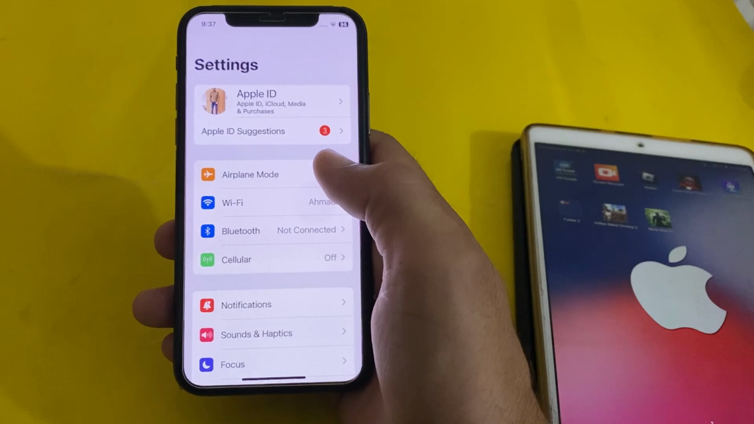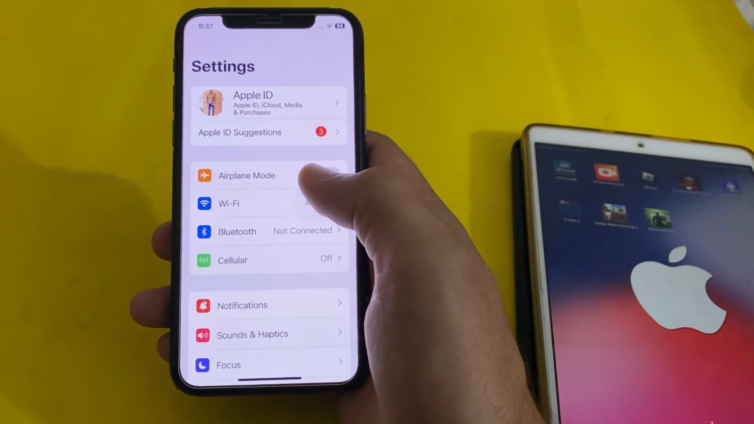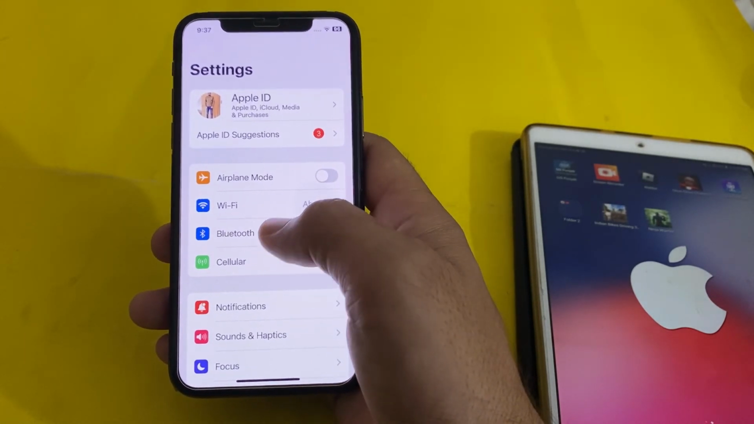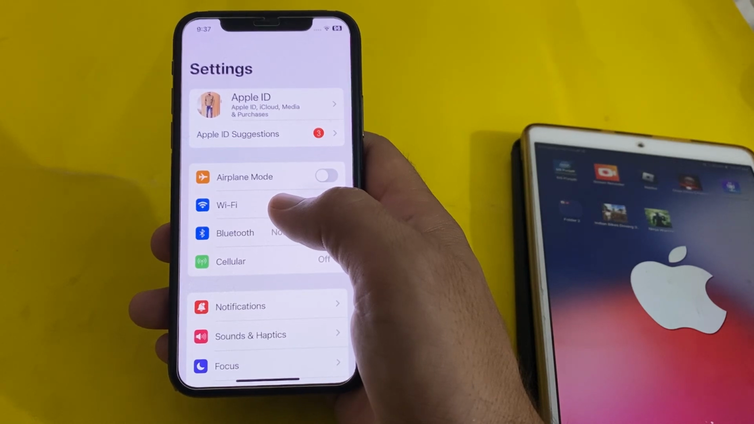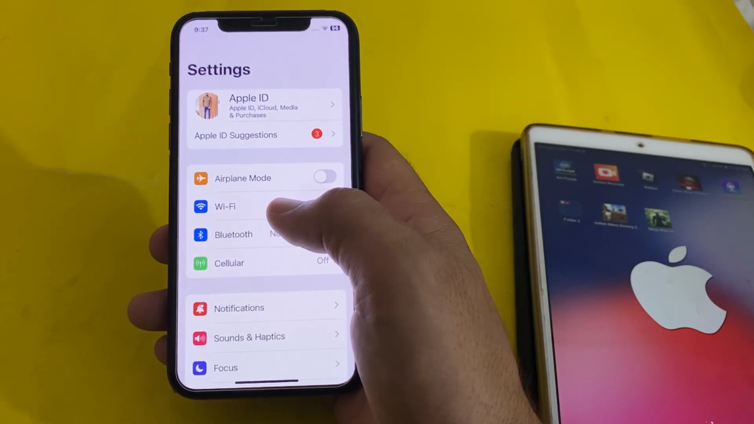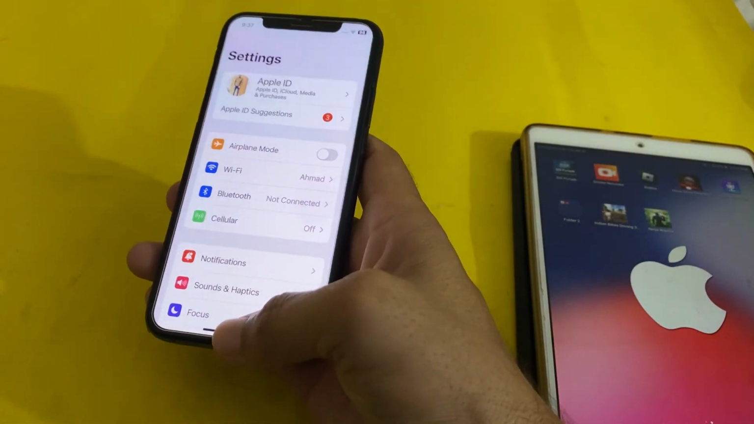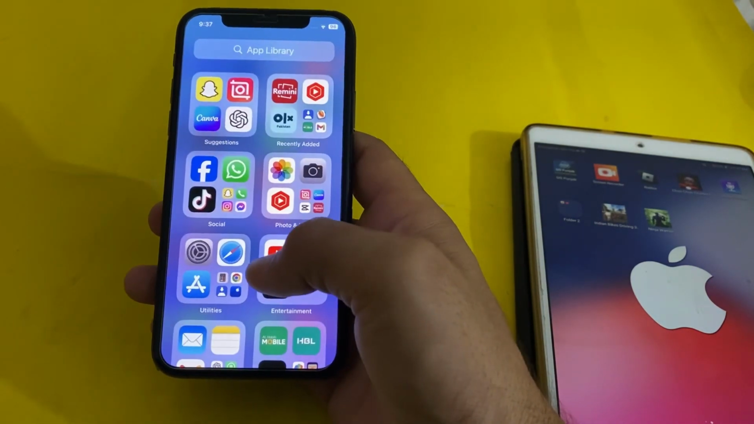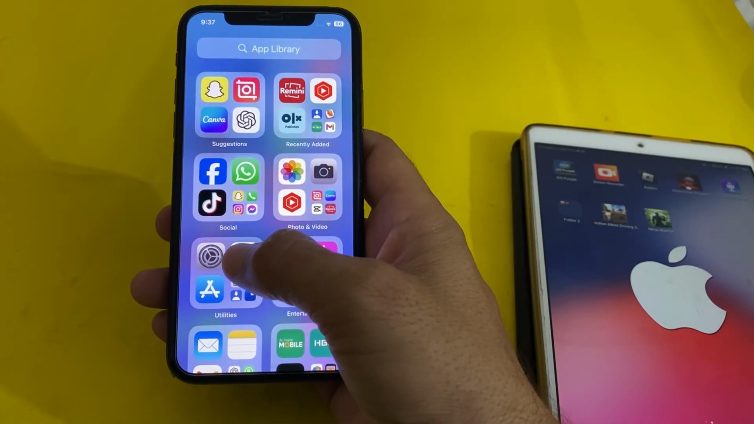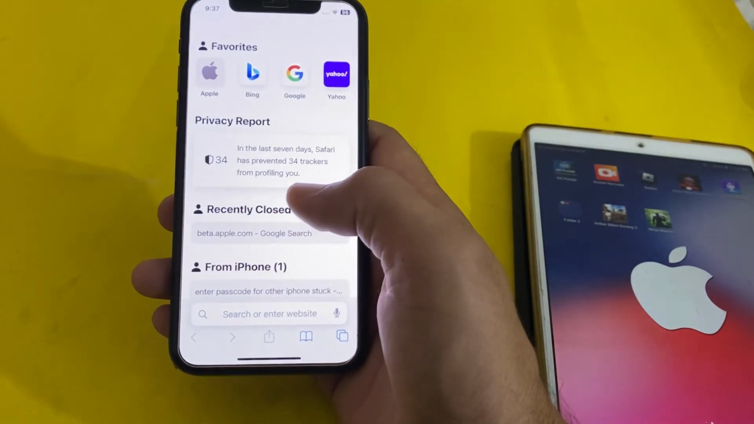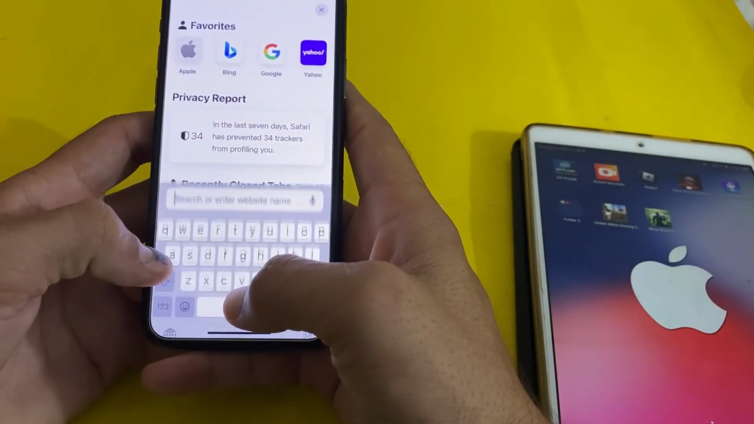And first of all, you will have to make sure that you have an active internet connection. If you don't have a strong internet connection, then make sure that you're using one. Then after that, we have to close this tab. After that, we have to open any browser on your iPhone or iPad device. Then in the search bar, we have to search for